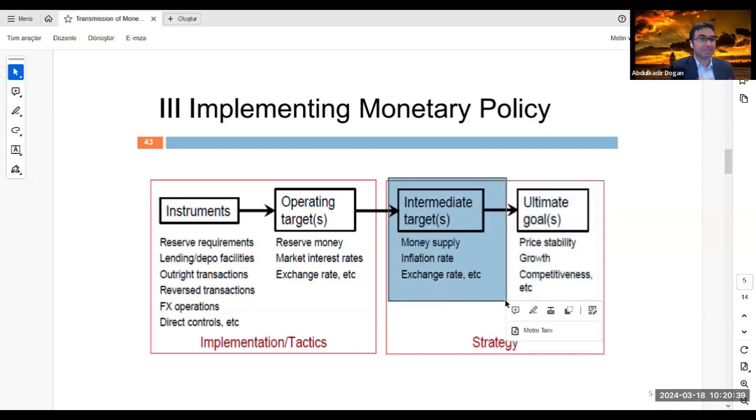Okay. So if I have an ultimate goal at the end, it is not easy with volatile financial market indicators. It is not easy to reach these ultimate targets. So what should I do? I should put some intermediate targets here. These targets can be money supply, because remember the previous slide. What is money supply? M times V, money times velocity, equals price times quantity. So if I achieve control of the money supply, then I can control